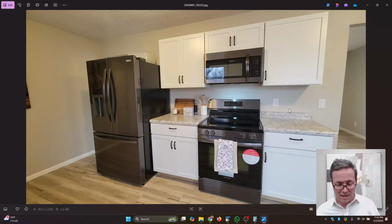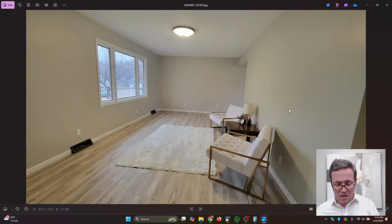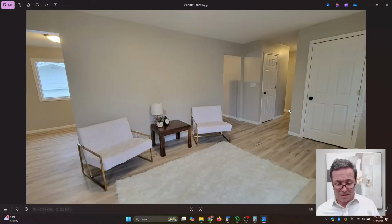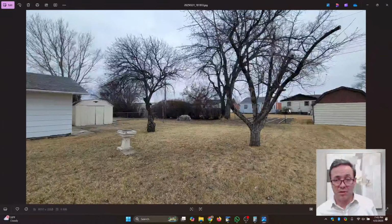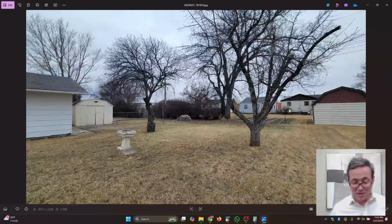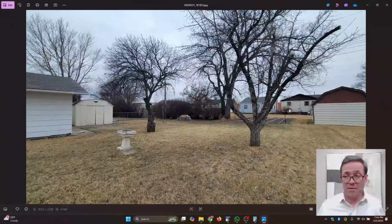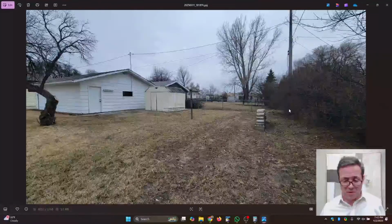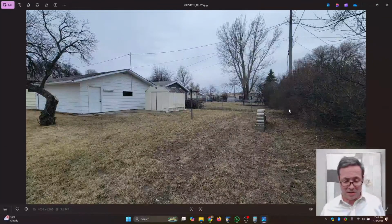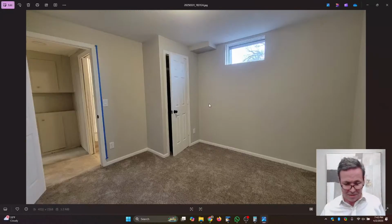All new appliances, nice big picture window living room. I guess we'll jump around a little bit to some of these pictures. And if you want to see more of these in detail after the show here, just feel free to email, text, call, whatever, and I can give you more details on this. And then you can start to see this is the backyard here,